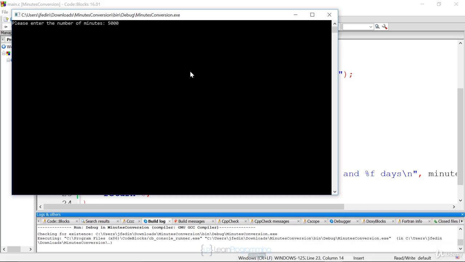And if you didn't put in a number, you might have a crash because you're converting it to a number in your scanf function. I hit return. This says 5,000 minutes is approximately 0.009513 years and 3.472222 days, which seems to make sense because what, 60 minutes